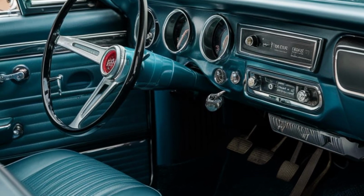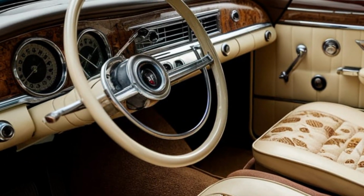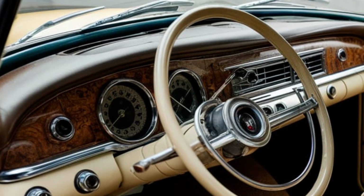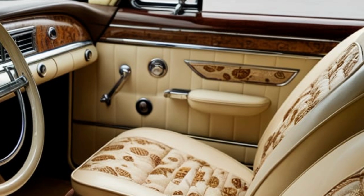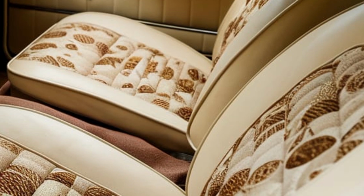But make no mistake, the heart of the 2026 Nova SS 396 is its engine. Under the hood lies a 6.5-liter naturally aspirated V8 pumping out a monstrous 525 horsepower and 495 pound-feet of torque. Mated to a 6-speed manual transmission or optional 10-speed automatic, the Nova launches from 0 to 60 miles per hour